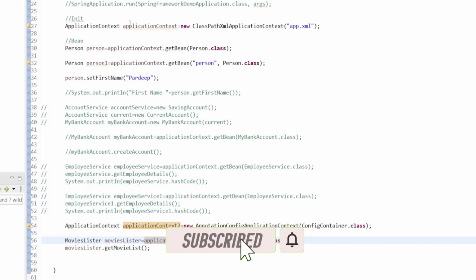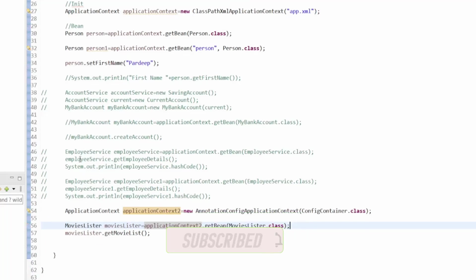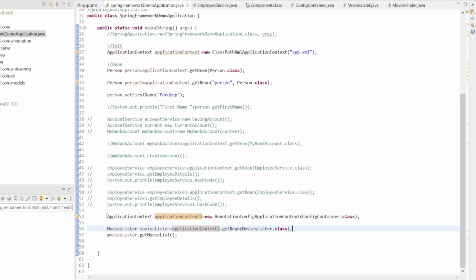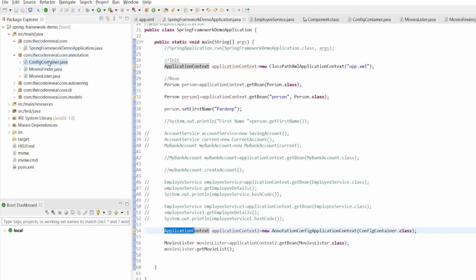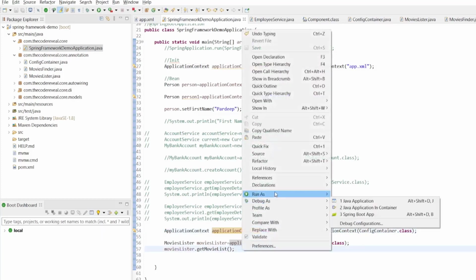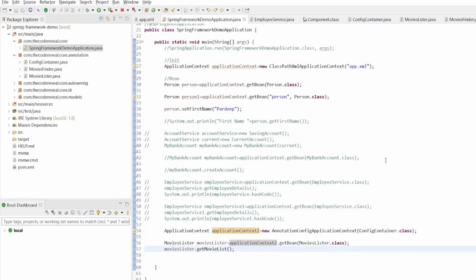So earlier in the app.xml we were writing all the bean definitions, creating the beans, but now we have created one Java class. In that we have initialized all the beans, that is the config container, and that we'll use as an IOC container in the application context. And let's run this as a Java application.